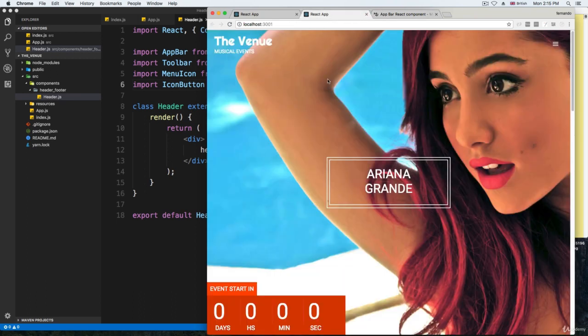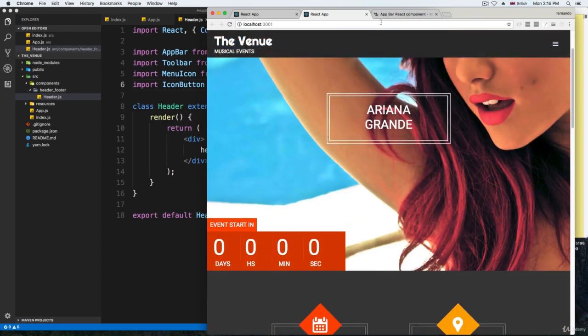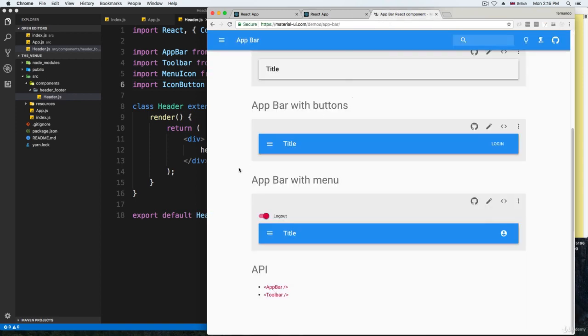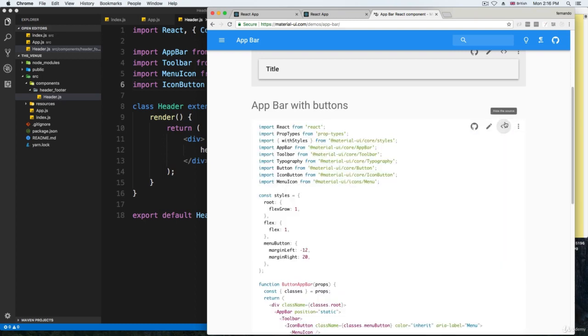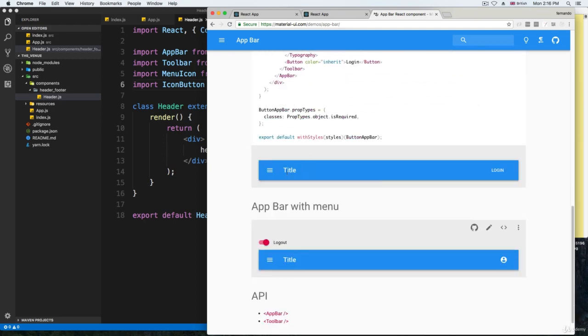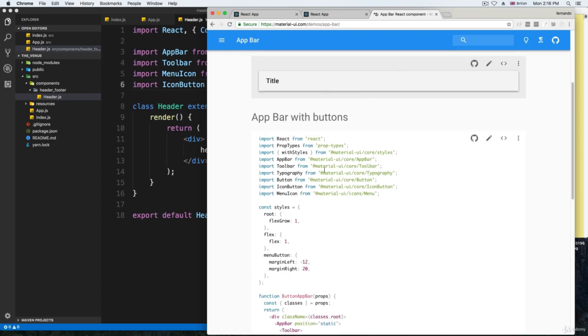If we go to the final project, we have an icon, we have a button, and then we have the app bar. So we can use it as a header. So if I open and show the source of this, right? We are importing the same things, app bar, then